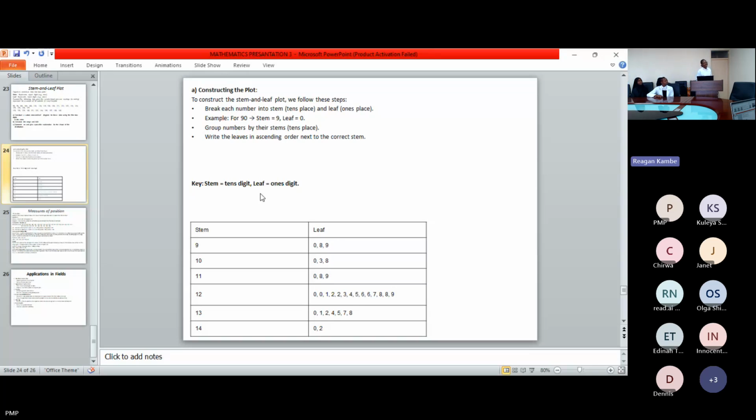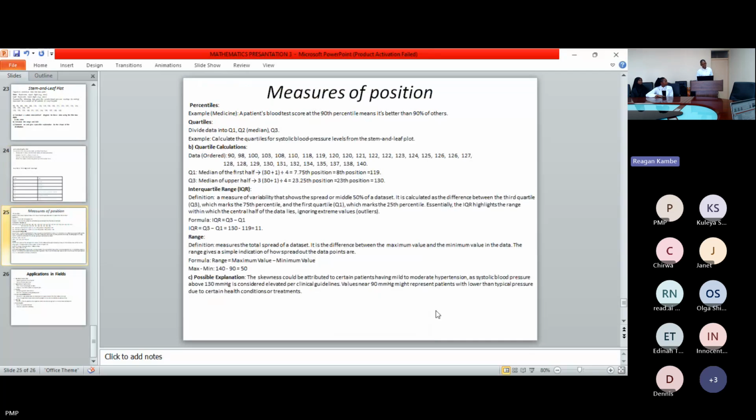Sorry. Also, just some clarification on the stem and leaf plots. We can see that if we put the stem and leaf diagram vertically, it will look like a graph. So we can realize that on the stem on top, we have more digits. And then the data is interpreted as